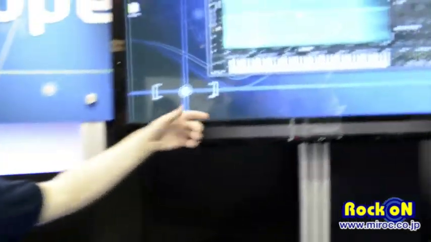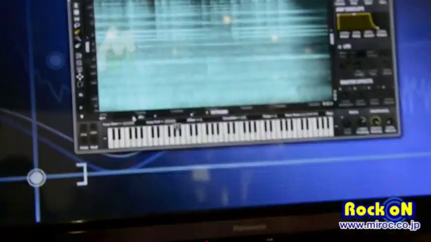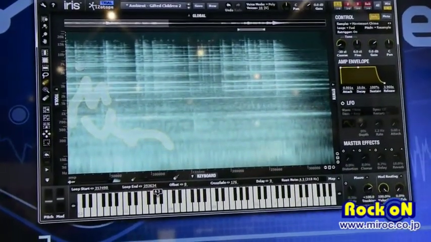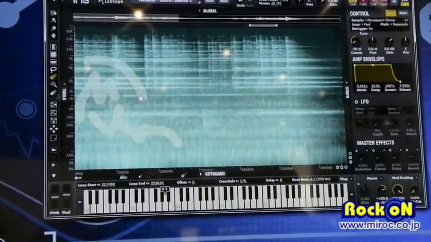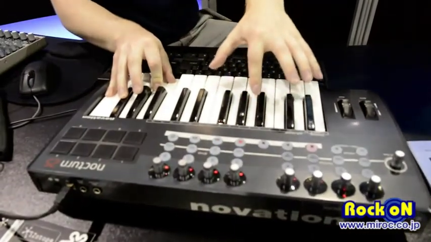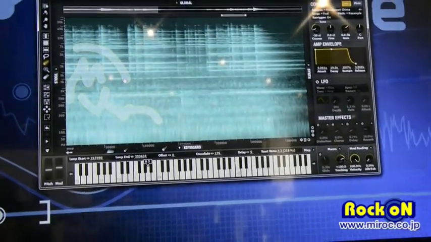Just like in RX2, we have these controls right here. We have a brush control, a magic wand tool, a lasso tool, and time and frequency selection tools. So I can start making spectral selections, which I can never do in a normal sample with just a waveform. And then I can start playing those back. So you'll see now if I start playing the keyboard,